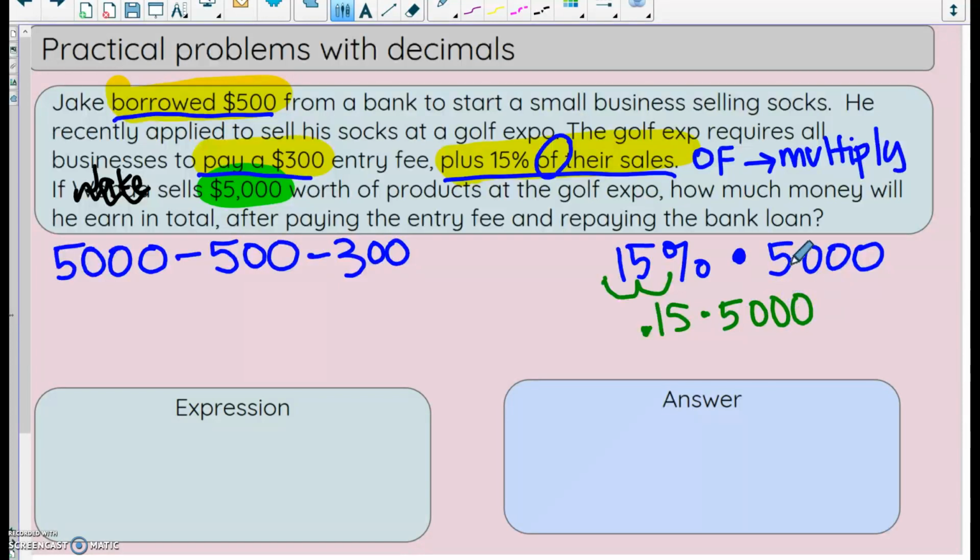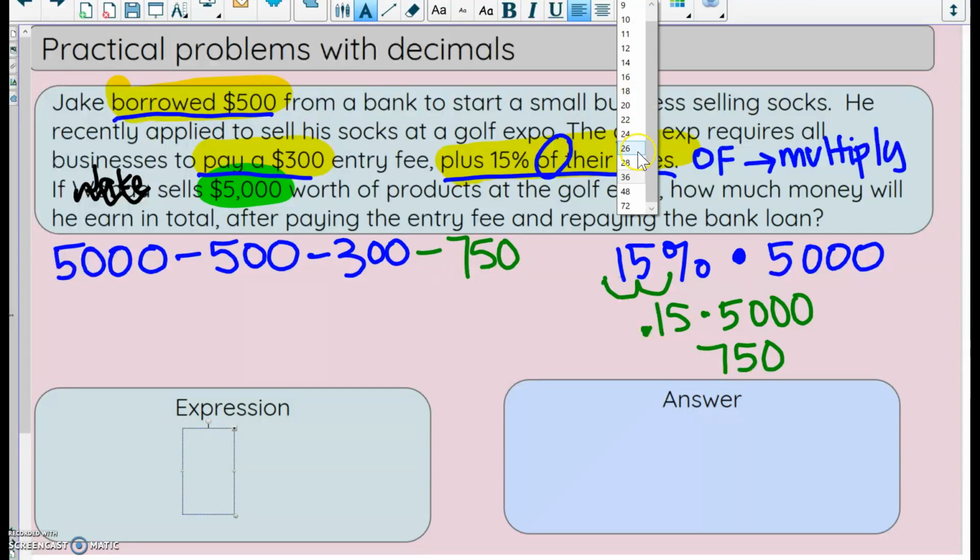Okay, so I'm going to use a calculator. You may use a calculator for problems like this as well. So 0.15 times 5,000 is 750. Okay, so I'm going to go back up to the expression. I'm also going to be subtracting that. Okay, so that means if I want to figure out this problem, I can type in, and I need to calculate the expression 5,000